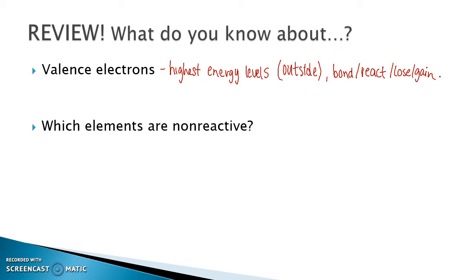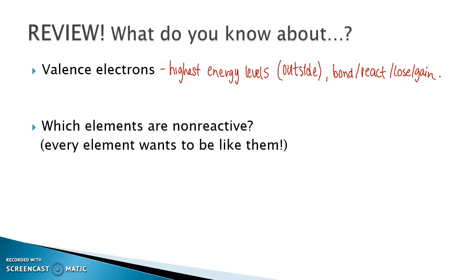non-reactive, all right? Another way of thinking about this question would be to think what elements every element wants to be like. So what's kind of everyone's goal on the periodic table. Hopefully remember that every element on the periodic table is trying to have the same number of electrons as our noble gases. All right, so if you didn't already have that written down somewhere, or if you didn't have that on your periodic table, remember that all of the elements on the periodic table are going to lose electrons, gain electrons, share electrons, do whatever they can so that they eventually have the same number of electrons as